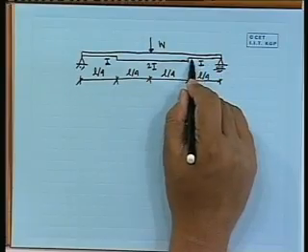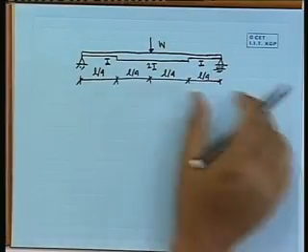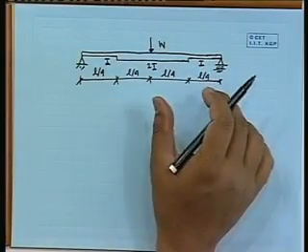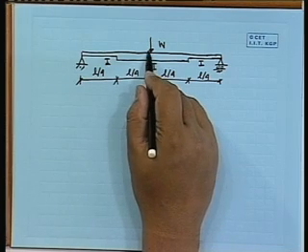So, the moment of inertia there is 2 I, and the quarter span left and right has half the value, so it is simply I, second moment of area. So, the middle part is double I and at both ends it is I and I, and the whole thing is subjected to a load W,